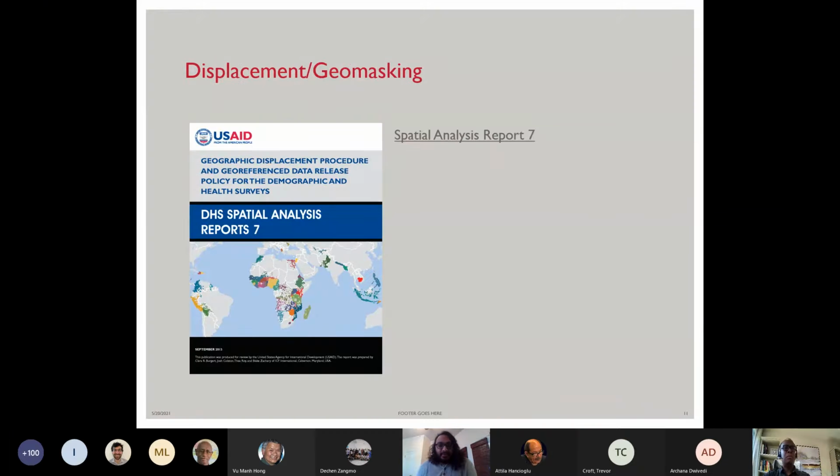So I mentioned displacement, also called geomasking. There is a more in-depth explanation of this process in our Spatial Analysis Report 7, and there's a link in the slides if you want to go ahead and peruse it. Actually, before you go to the next slide, Ben, sorry. What I was going to show you in the next slide is that the displacement protocol, as we have it, is addressing